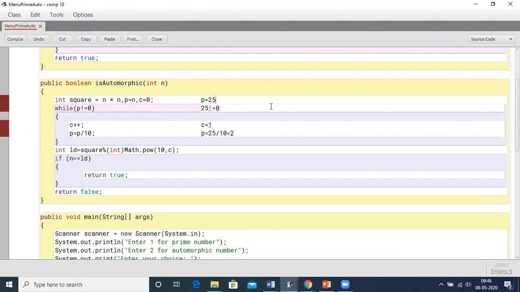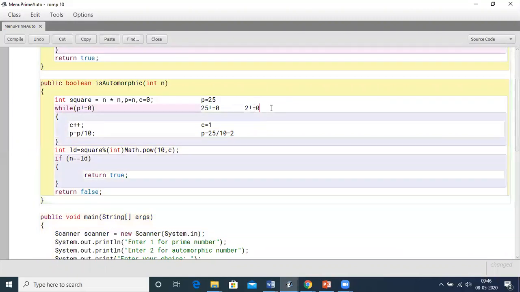Next, we have 2 not equal to 0. So C automatically increases to 2. Then P will become 2 by 10, which gives you 0.